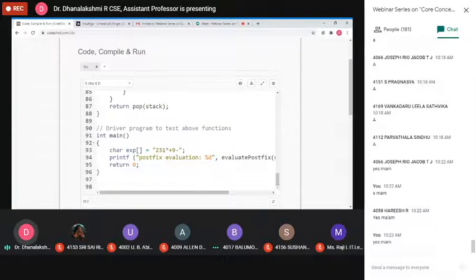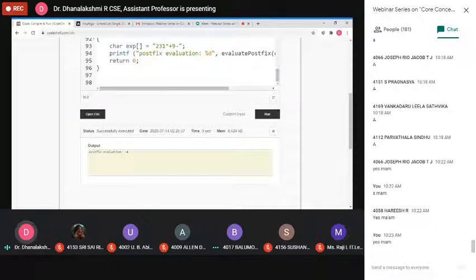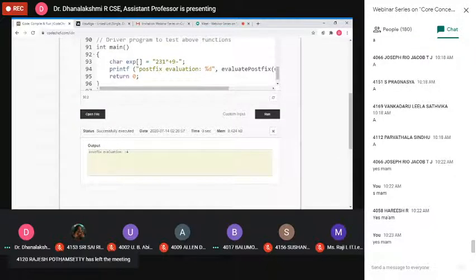Now I'm going to run this program. Before that, what will be the output for this expression? 231 asterisk plus 9 minus. What is the output for this one? Yes, give your answer in the chat box.